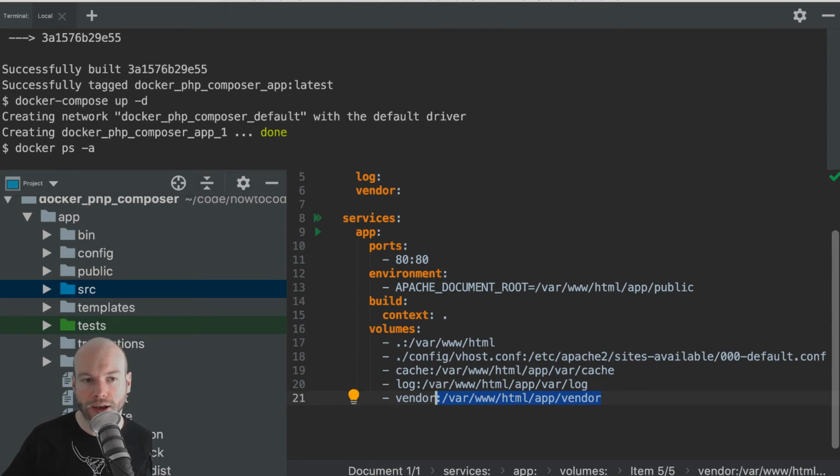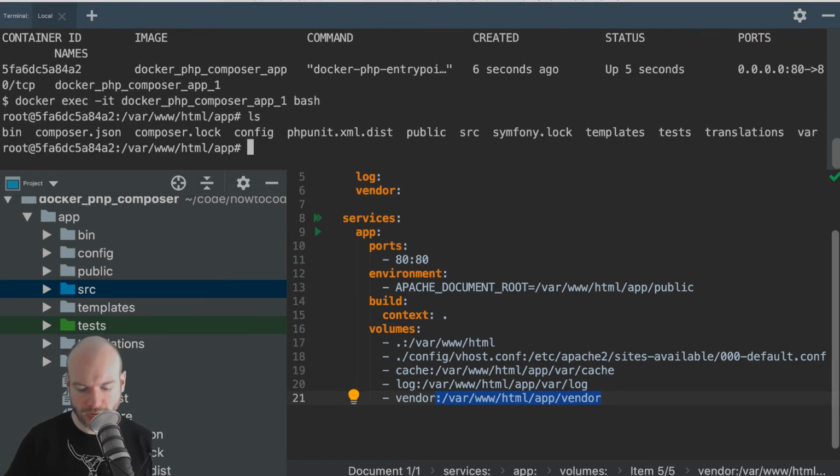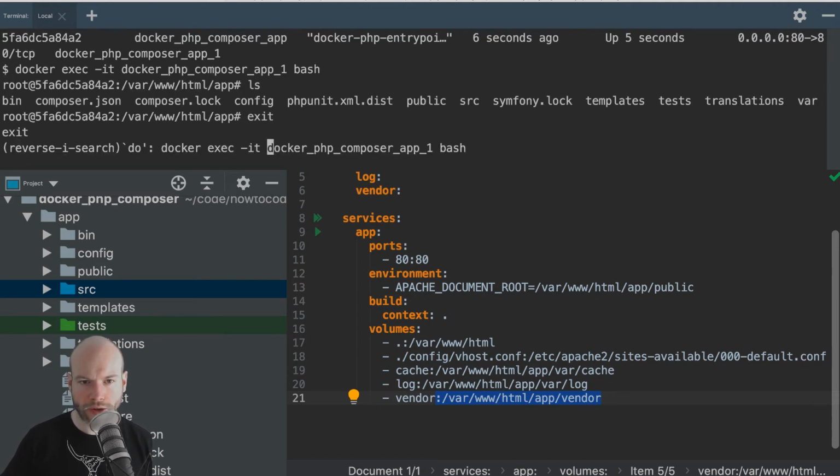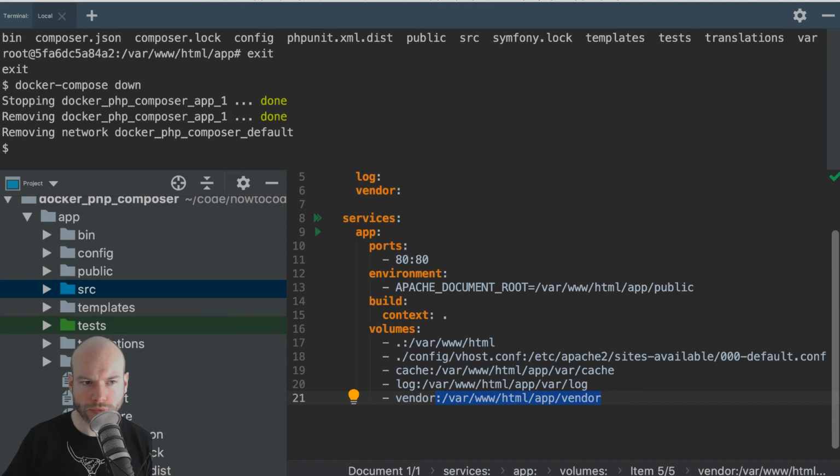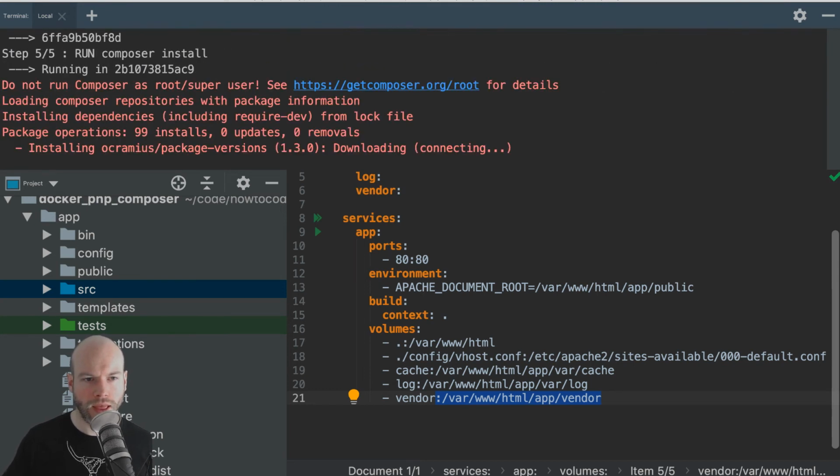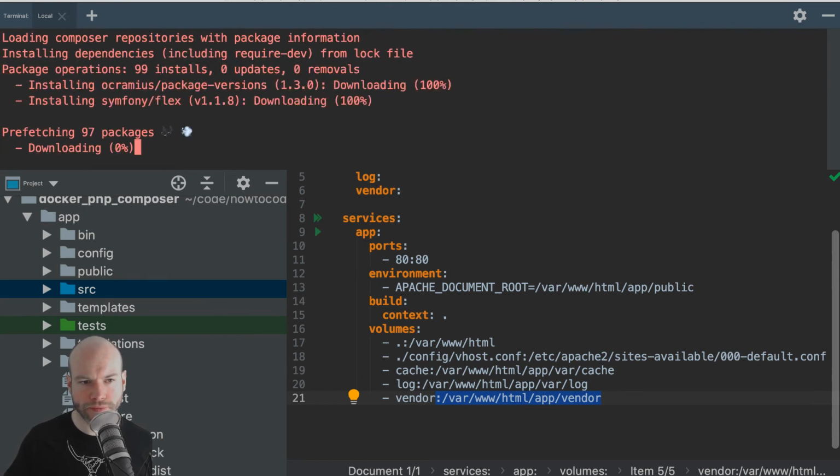So let's go ahead and run that again. I need to come out of here. I'm going to just quickly do a down to bring these down. I say these, it's only one. And then I'm going to do a build, and that will run through all of these things. I think that's the right order.